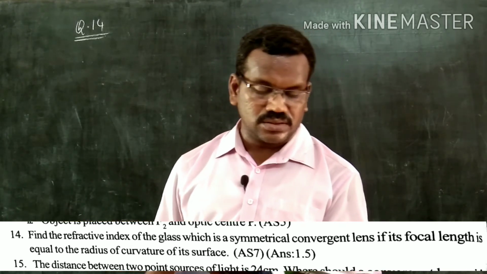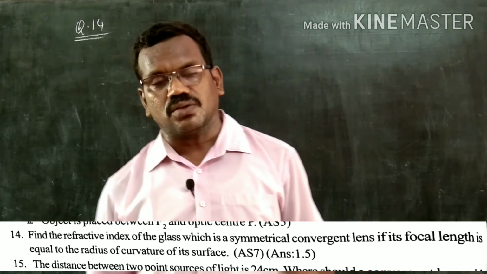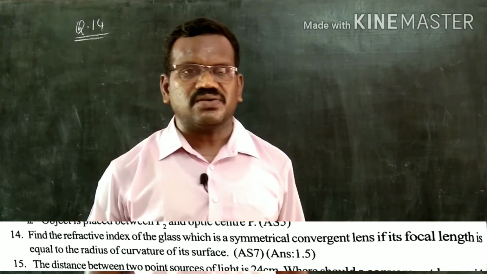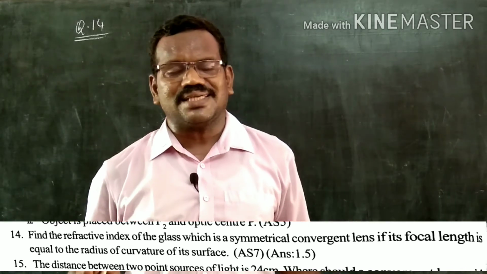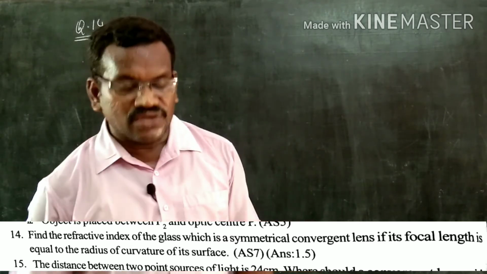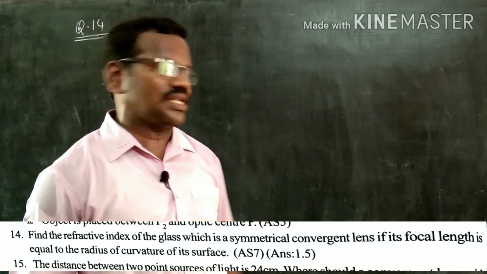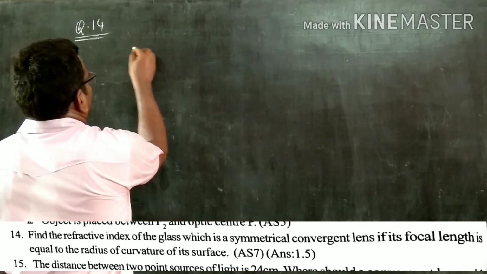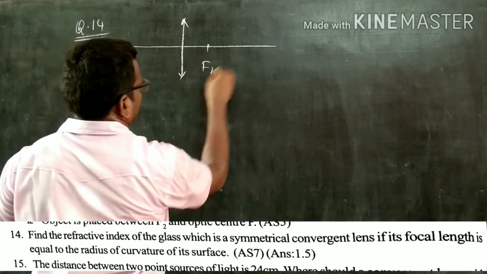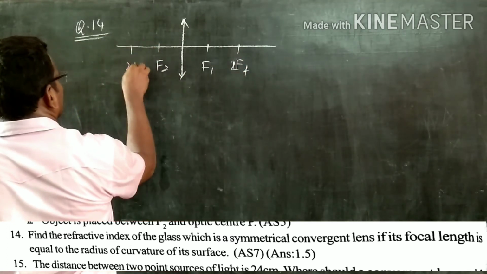Now here, what is the clue? As I already said, every problem has a clue. Here the clue is symmetrical convergent lens. For looking purpose, it may be a single statement or a single line or simply a mixing of two words. But if we analyze, much information will be there. Symmetrical converging lens: first, a converging lens is nothing but a biconvex lens, whose radius of curvature is f1 as well as 2f1, and here the focus becomes f2 as well as 2f2.